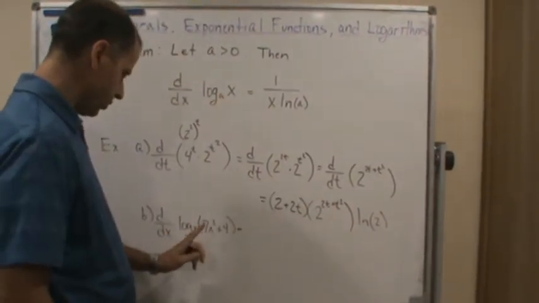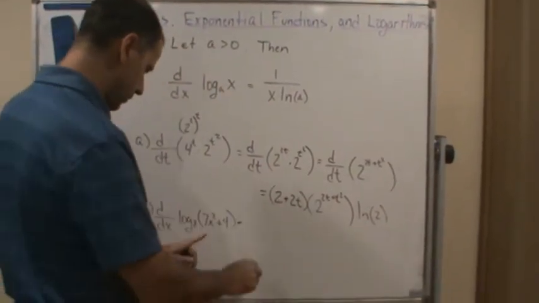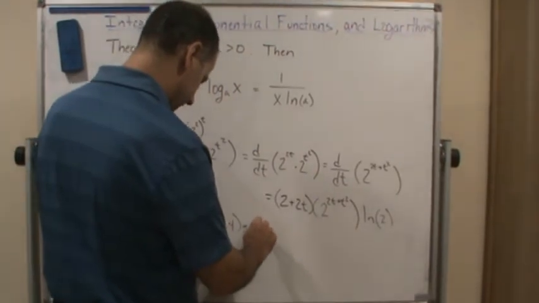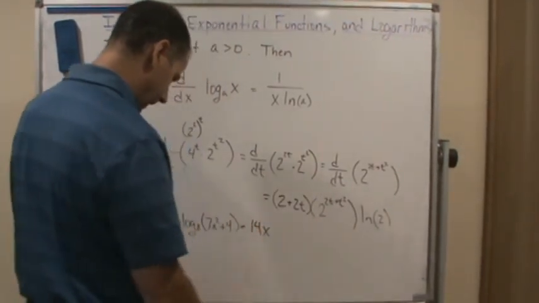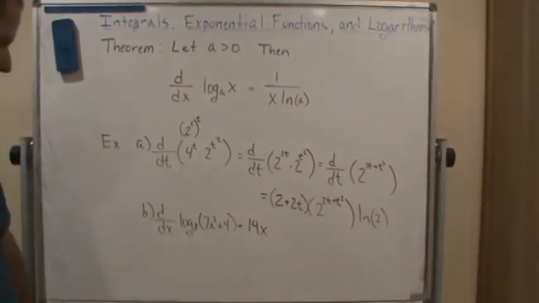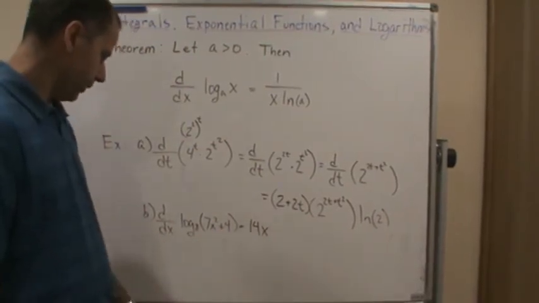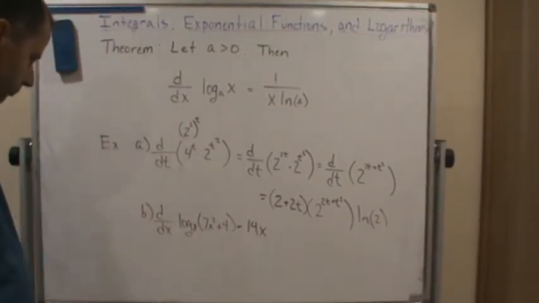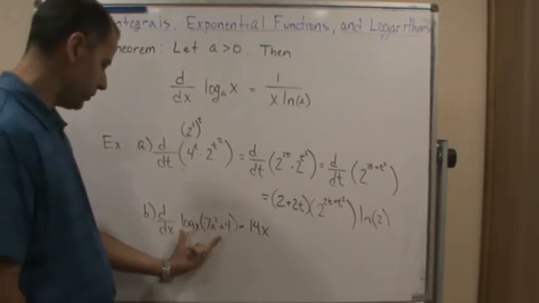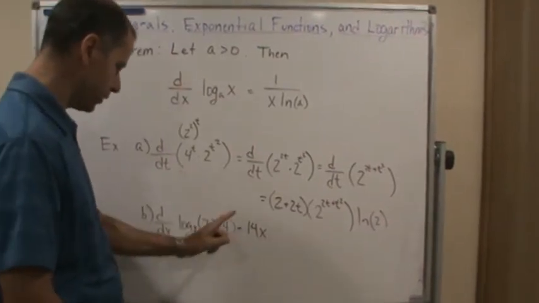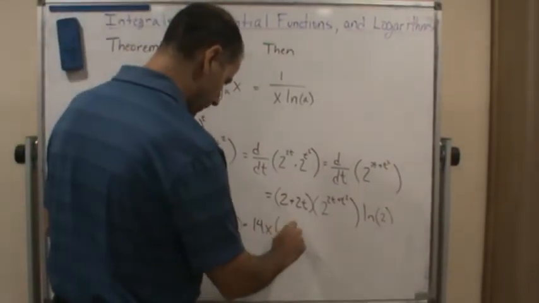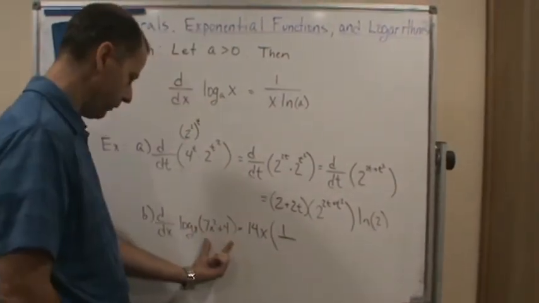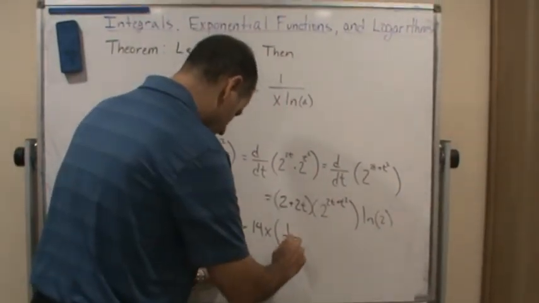We're going to take the derivative of the inside function, which in this case is 14x, right? This just goes to 0. So we get 14x. And then what we're going to do is multiply by the derivative of the outside function, which is a log, which means we're going to multiply by 1 over whatever's in here,